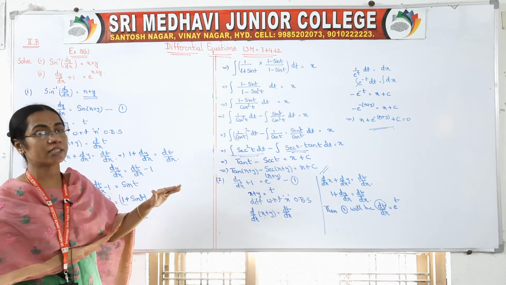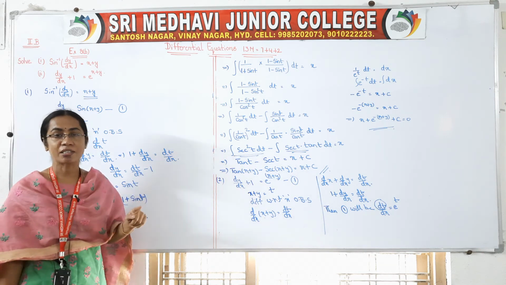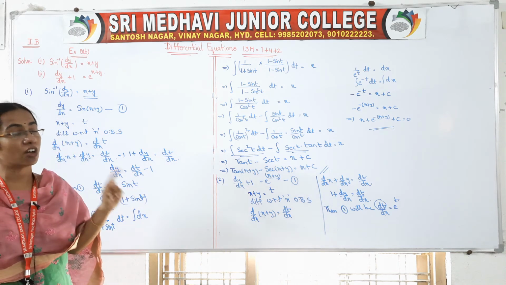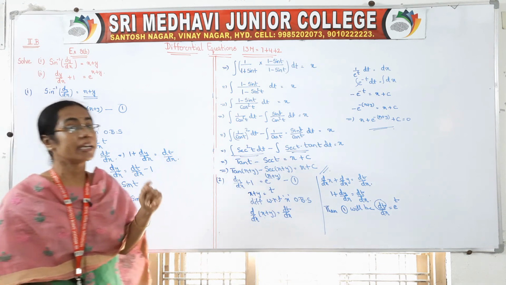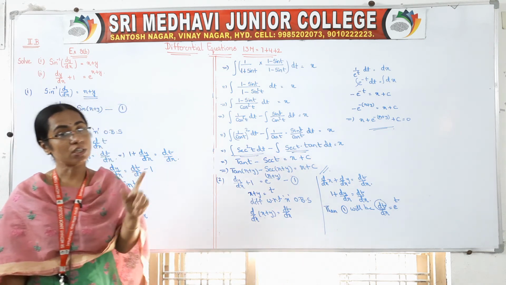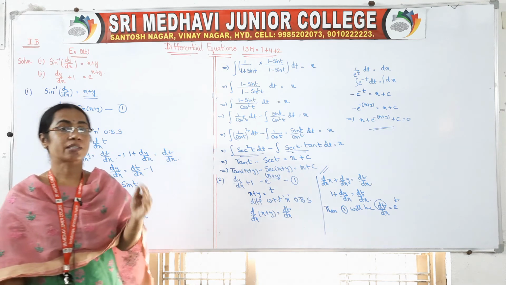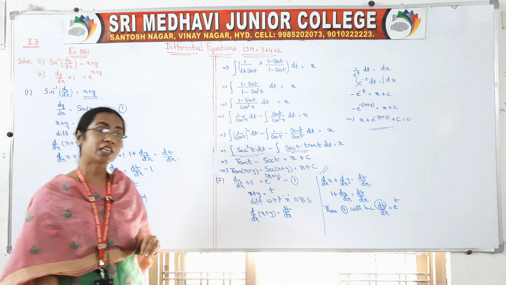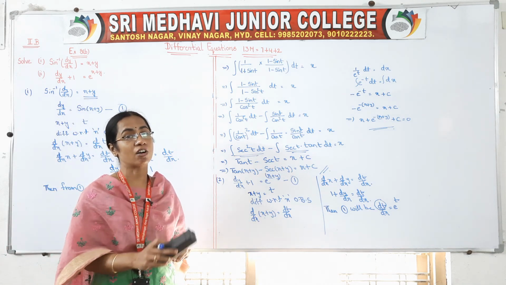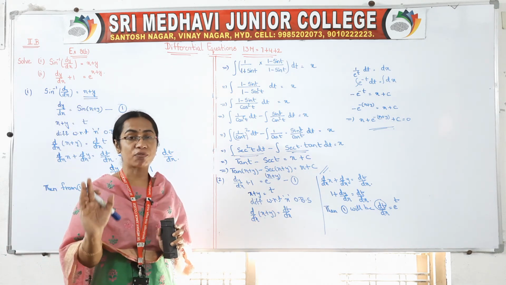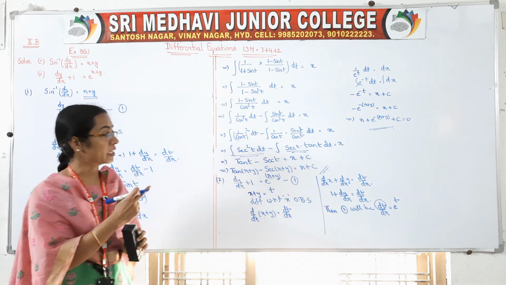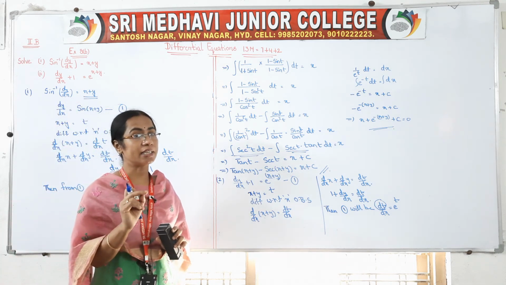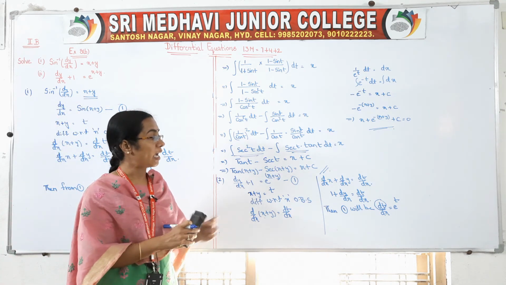Once all the integrals are over, we have to write the integral constant. Marks will be there; they will check whether you have taken the integral constant or not, right? These are called indefinite integrals. So after solving the problem, plus some constant, the integral constant must be there. But while dealing with definite integrals, we don't take this integral constant. They are definite, we will get some definite value, right? But here it is compulsory, while dealing with indefinite integrals, we have to write the integral constant at the end as plus c.